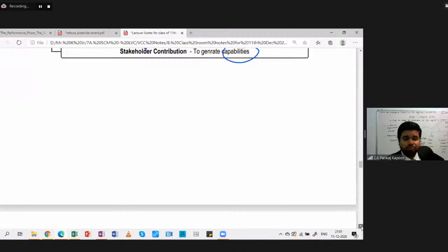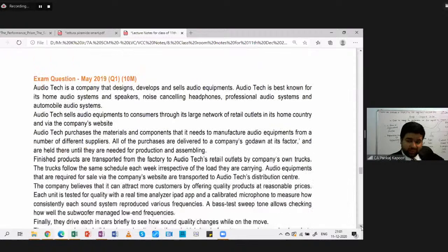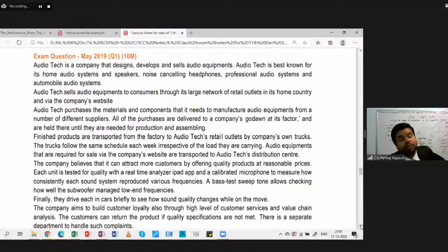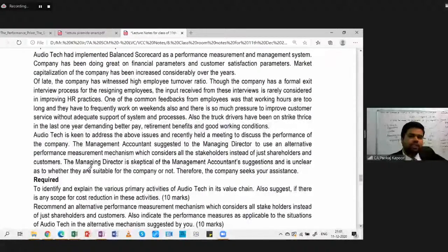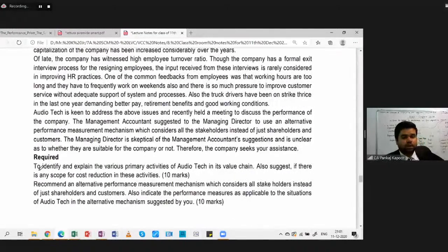Now, this question, which we'll do in the next class, when you come back in Monday class, we'll start with this particular question. We'll not study the question, but we'll study the requirement so that you can gain the confidence. The first requirement is not related to chapter number 8, but some portion of this is related to chapter number 4, hence I'm reading it. To identify and explain the various primary activities of the audio tech in the value chain. Also suggest if there is any scope